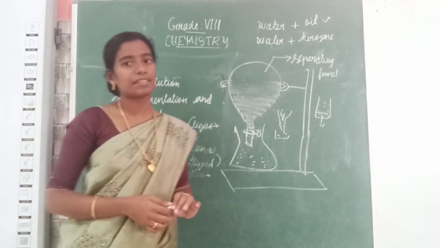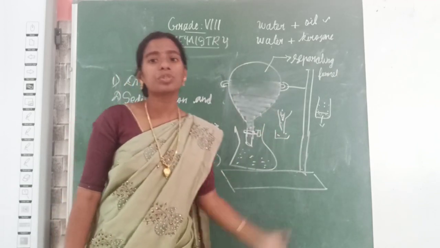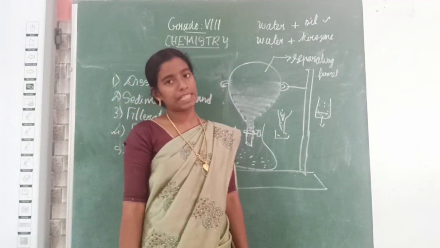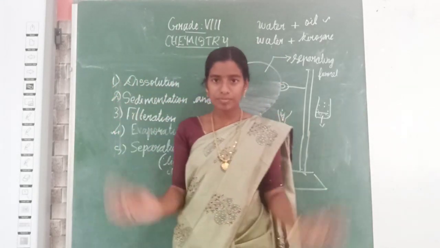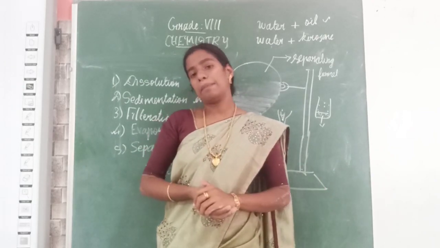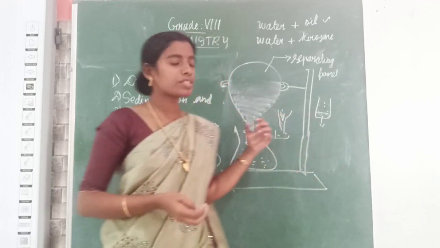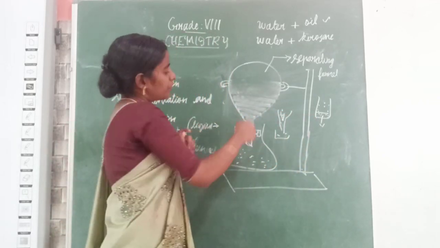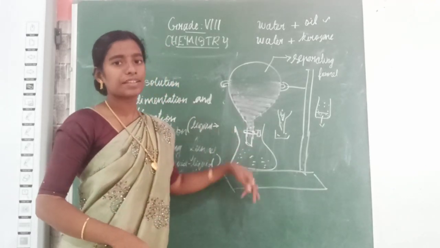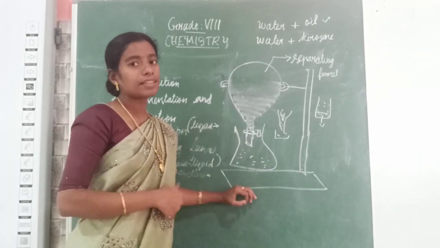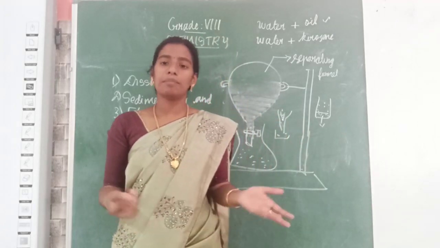The last one is the separating funnel. The separating funnel is a special funnel. You have to take the emulsion in the separating funnel. Both should be liquids and they should not mix together. It will be in the same funnel but it will not mix. When you take such liquids, that is an emulsion, and you allow the knob to flow, first the water will flow, but then you have to take this conical flask and next you have to keep the next one. Then you can get the remaining oil in the other beaker so that you can separate the emulsion.